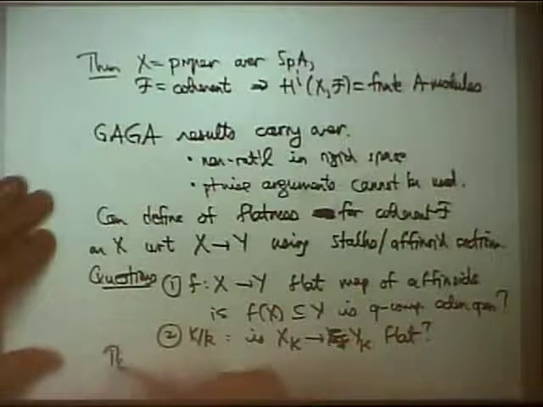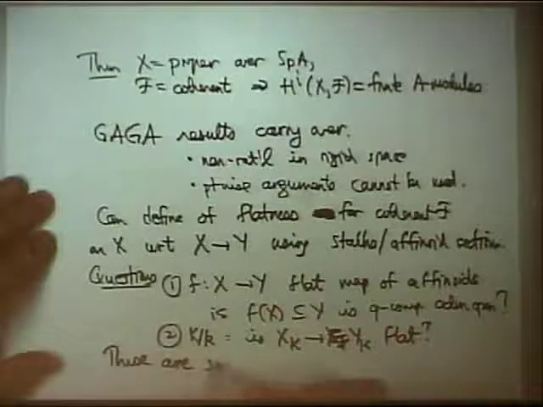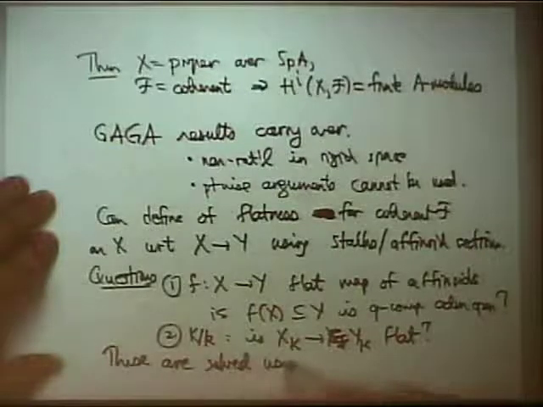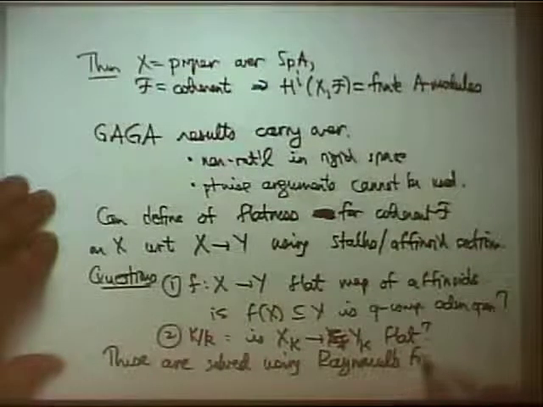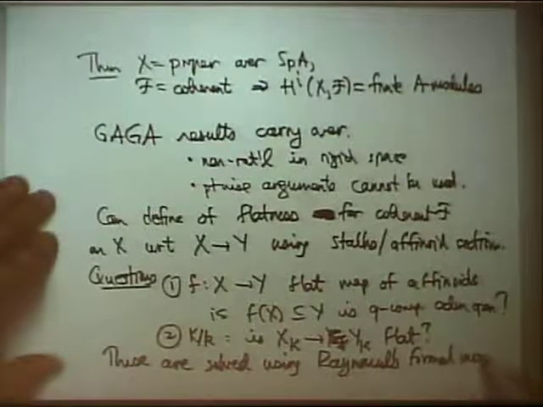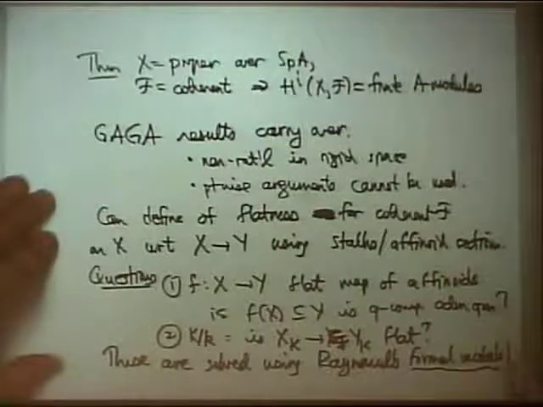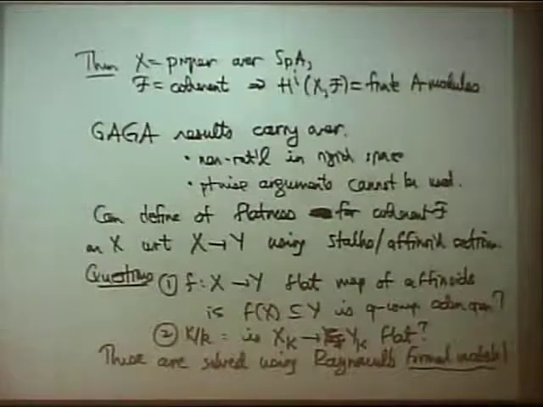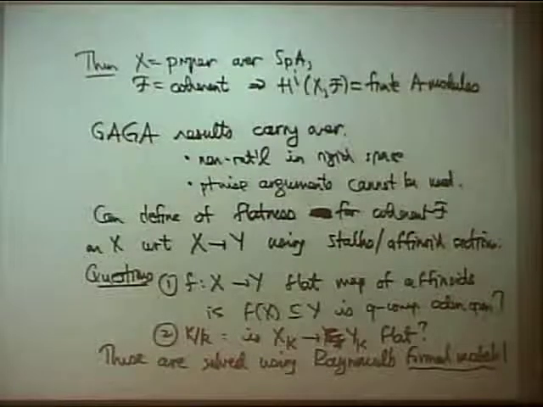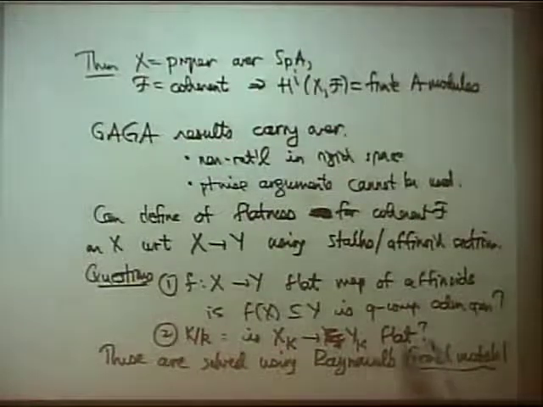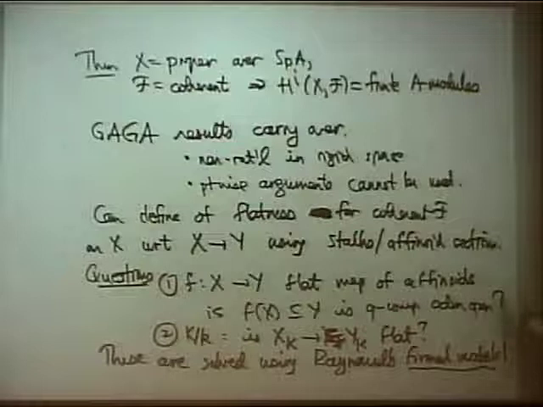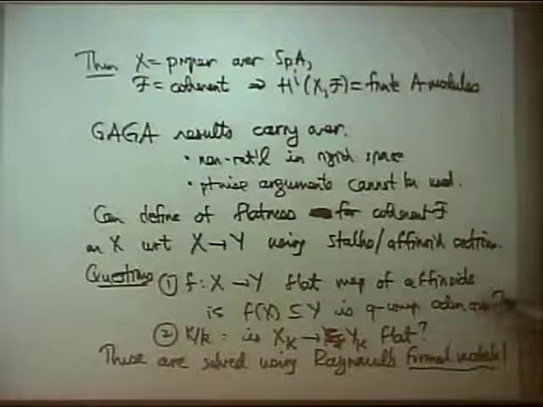So these are solved affirmatively by using Raynaud's formal models. So that's what I want to discuss in the remaining time. Okay? So I wanted to explain an entirely different approach to thinking about the nature of rigid spaces and maps between them and coherent sheaves on them, with respect to which we're going to be able to convert, with a lot of effort, done largely by Raynaud and others,